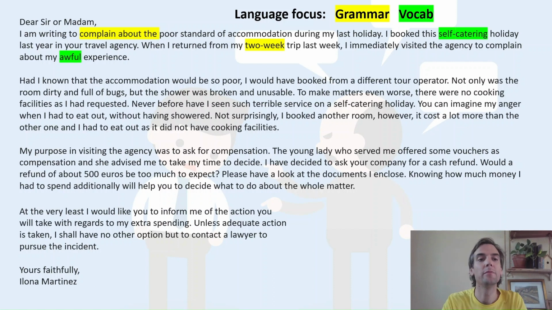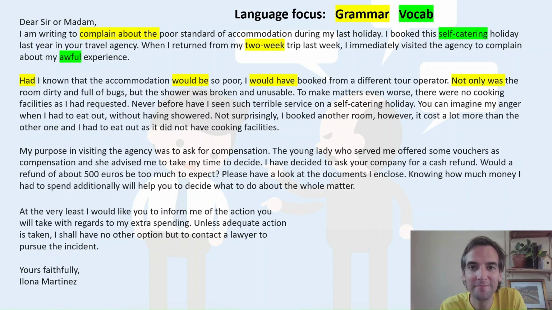Then for your bit of vocab, "bad experience"? No, "awful experience." Again, variety in your vocab. "Had I known," of course, is a very impressive way of giving a conditional. Not "if I had known," but "had I known." And then the conditional was used correctly, "would" — well, it's actually a mixed conditional, isn't it? If I had known it would be, I would have booked. It's a mixed conditional. Be careful with your mixed conditionals. This one's okay. If you just want to stick to third conditional because you've studied that for Use of English, no problem.